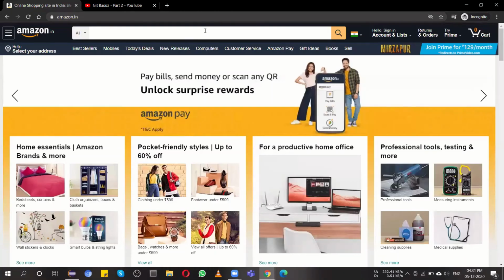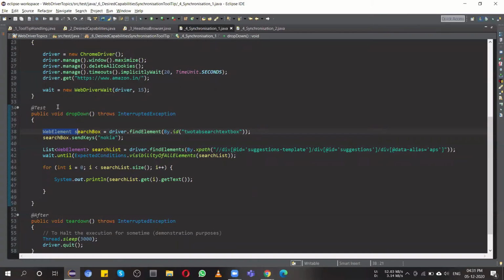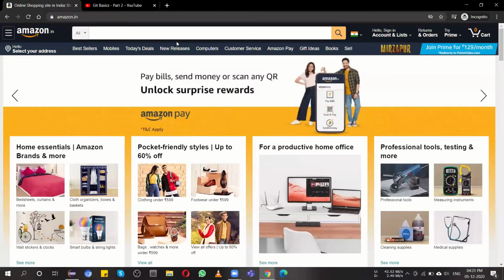If it is not loaded, due to a poor internet connection, or that particular application is loading slowly, due to any server issues or any other reason, the Selenium script will still try to find this particular web element. If it is not found, it will throw a different exception, like no such element exception or web element not found.